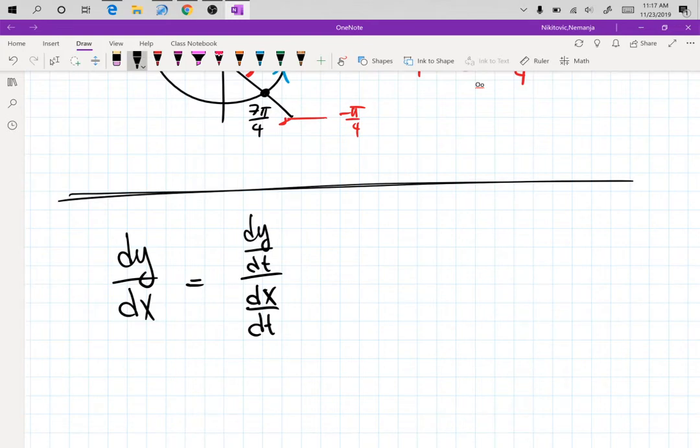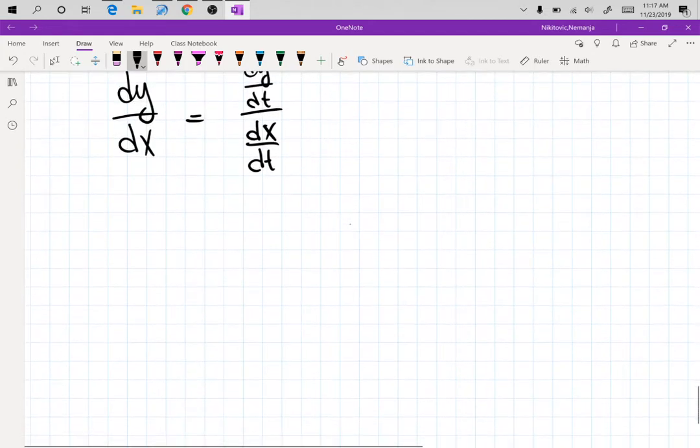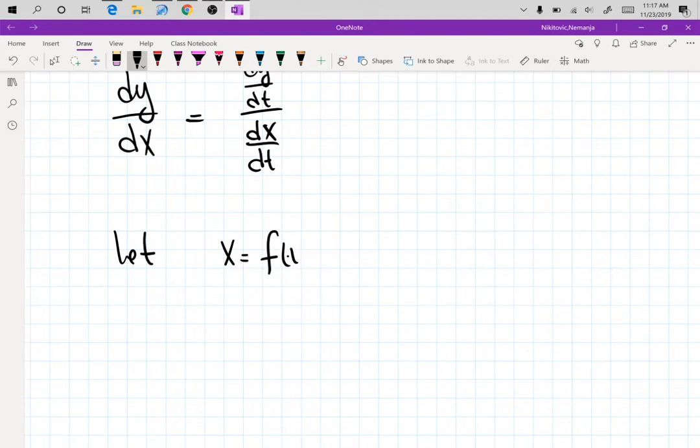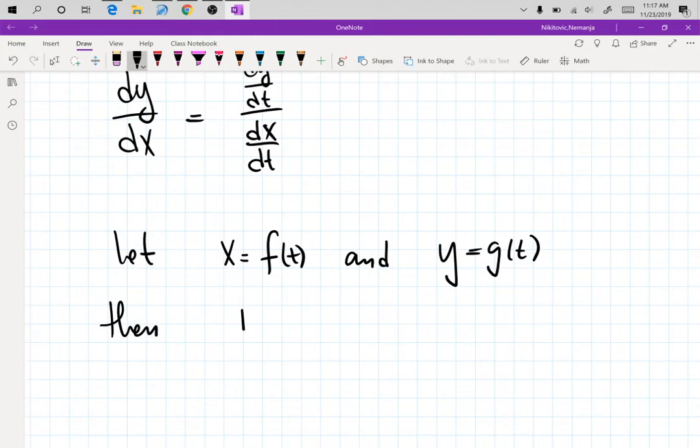So this is what you do. So if we say let x be given by f of t and y be given by some other function g of t, then the